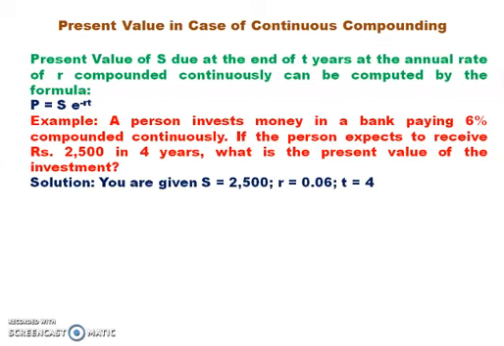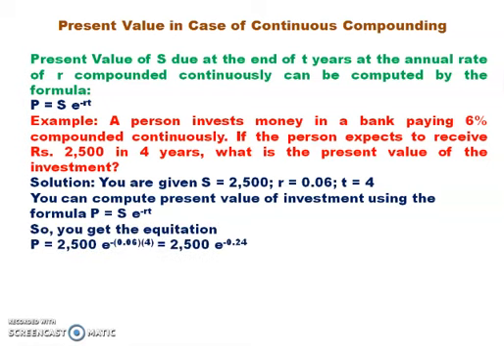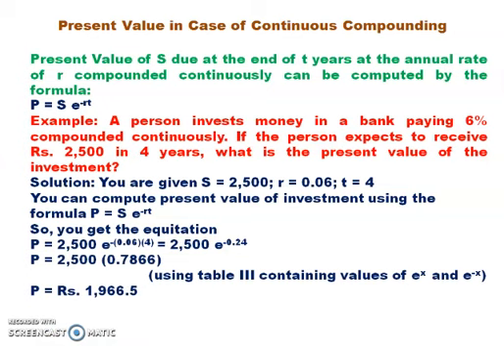Here you are having S is equal to 2,500, R is equal to 0.06, and T is equal to 4. You can compute present value of investment using the formula P is equal to S into e raised to power minus RT. When you put values here, you get P is equal to 2,500 into e raised to power minus 0.06 into 4, which further comes to 2,500 into e raised to power minus 0.24,